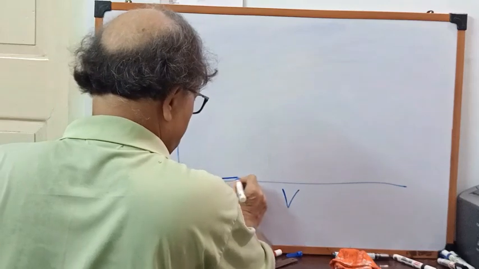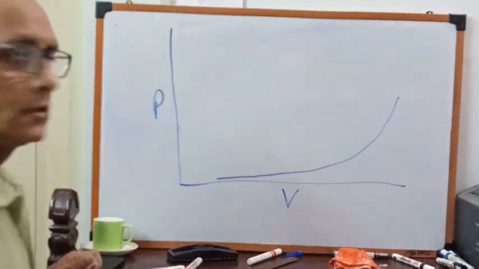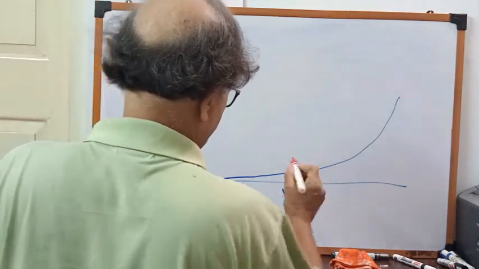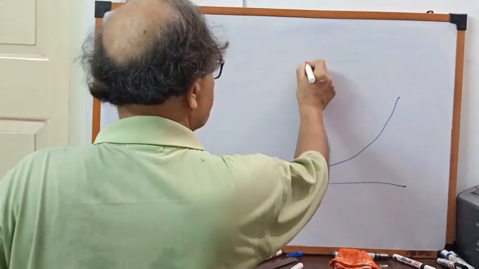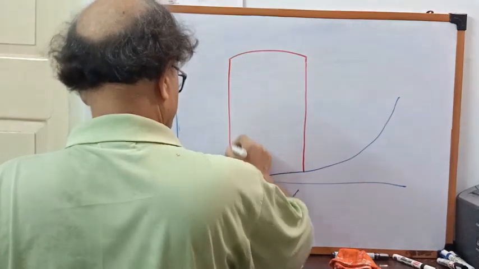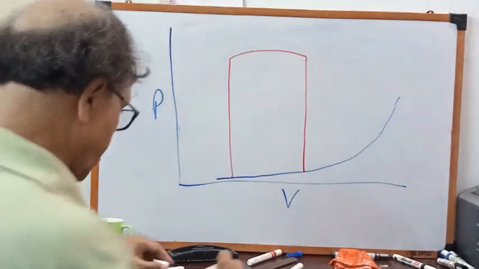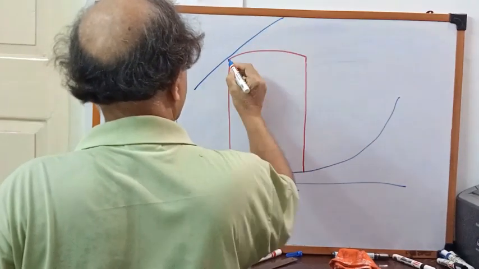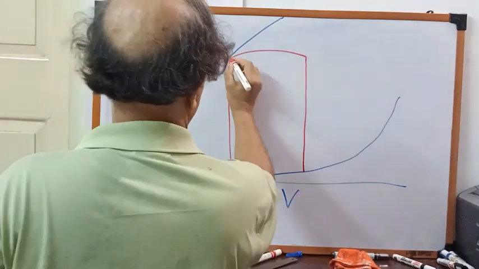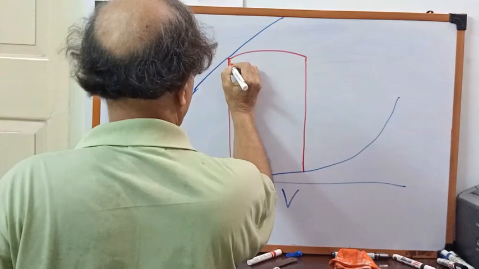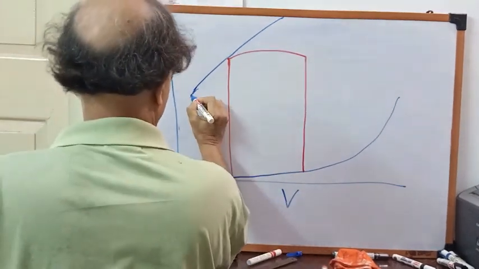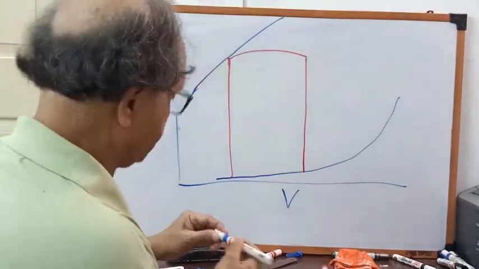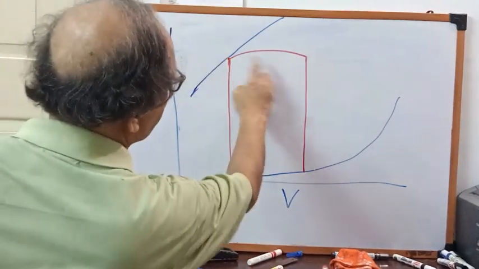So this is the filling curve, and this is the PV loop, and this is the isometric pressure line. So this isometric pressure line is determining this point,